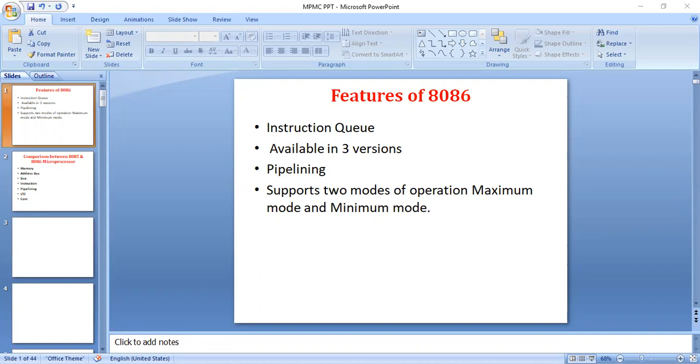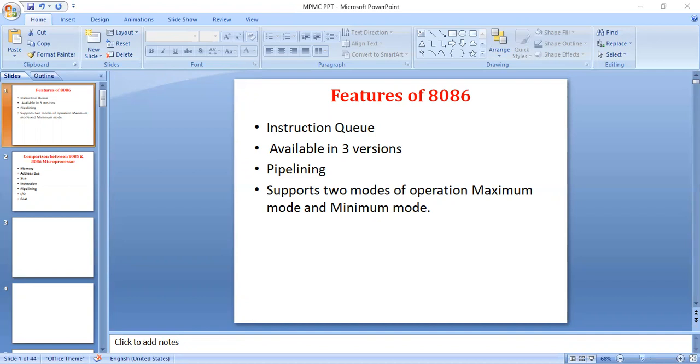The instruction queue is capable of storing 6 instruction bytes from the memory, which is used to process results very fast. It has 6 bytes: 1, 2, 3, 4, 5, 6. These 6 instruction bytes we call the instruction queue.